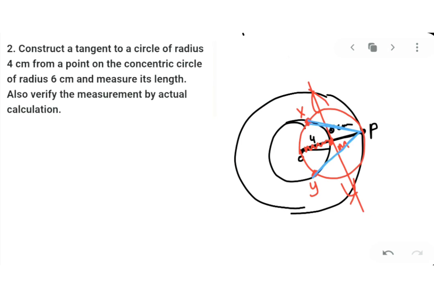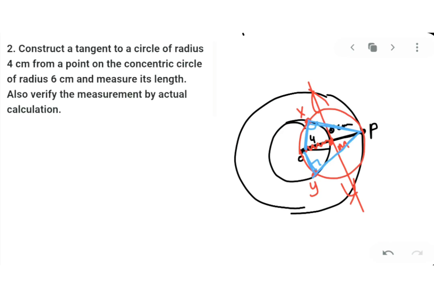Now in that case also you have to prove that this is a tangent. Then you can also join PXO, join PYO. Both are 90 degree, because if you notice this red circle, OP is a diameter and that makes a 90 degree angle at the circumference. So you will get PXO 90, PYO 90. That means the radius and the segment outside it are making 90 degree, that they are perpendicular to each other. Therefore, PX is a tangent, PY is also a tangent.